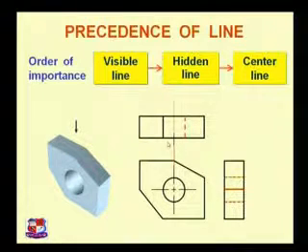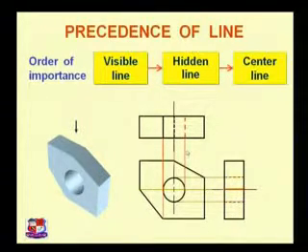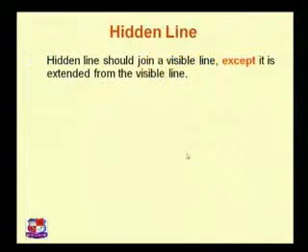Similarly, the center line would be here, and here this edge is there. You can see here this corner is there. So to represent this edge, we should draw a dotted line over here. Whenever we draw this dotted line, it will coincide with the axis of this circle. So this center line should be trimmed, and instead of that center line, a dotted line should be drawn like this. So these are the projections of the given object.